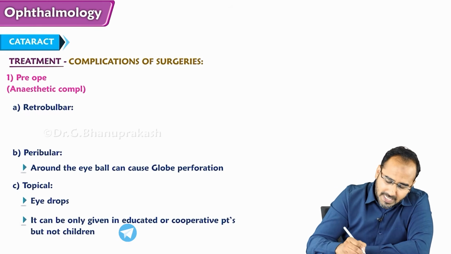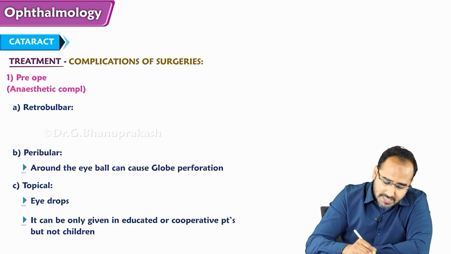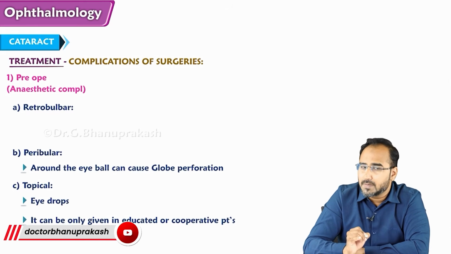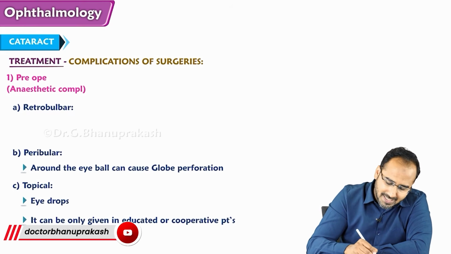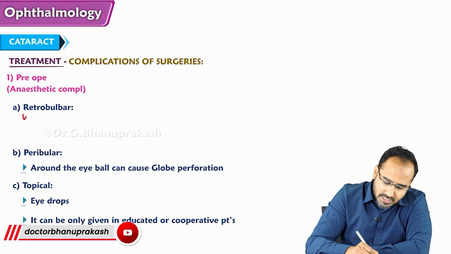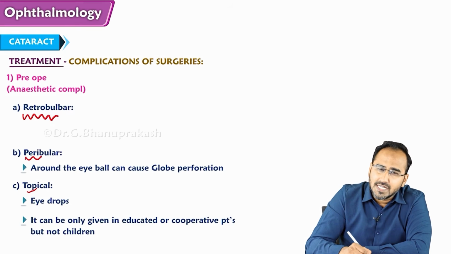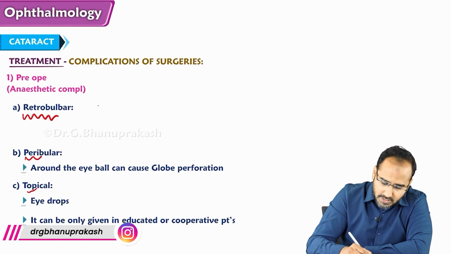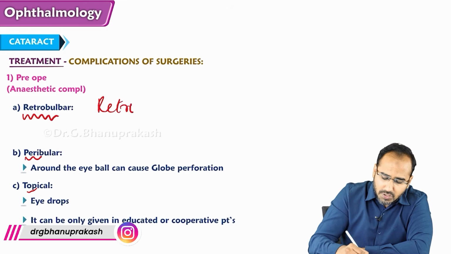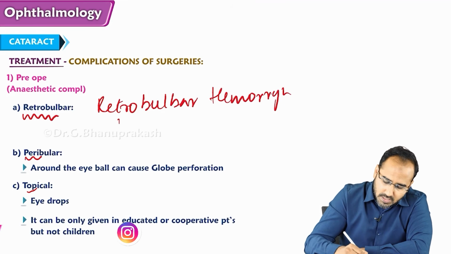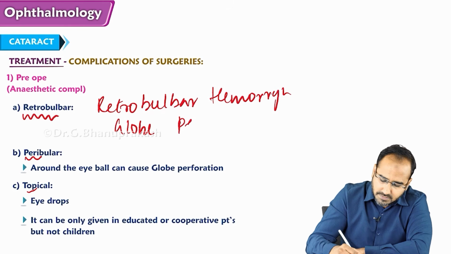So, retrobulbar complications. We are discussing the complications of cataract surgery: pre-op, intra-op, post-op. The preoperative complications are the anesthetic complications. Anesthesia is given by retrobulbar, peribulbar and topical route. While giving anesthesia to the eye by retrobulbar route, the patient might develop retrobulbar hemorrhage, globe perforation,